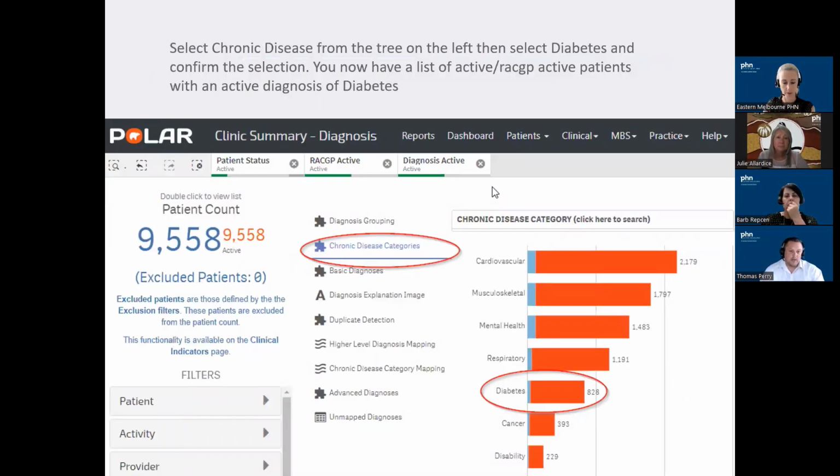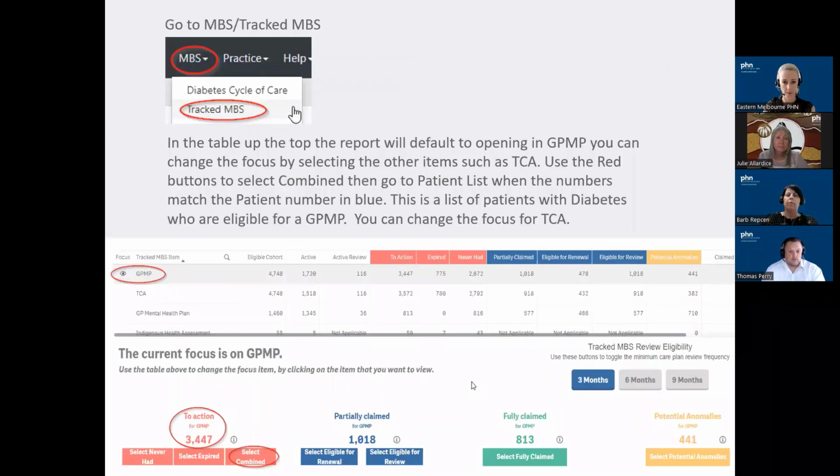On the Diagnosis page, we will select the Chronic Disease Categories heading in the middle column of the page, and then select Diabetes from the graph on the right-hand side. Again, confirm the selection by clicking on the green tick box. So we're now looking at patients that are active, RACGP active, and have an active diagnosis of diabetes. We will now navigate to the Tracked MBS page, and we'll do this by clicking on the MBS heading in the top black banner and selecting Tracked MBS